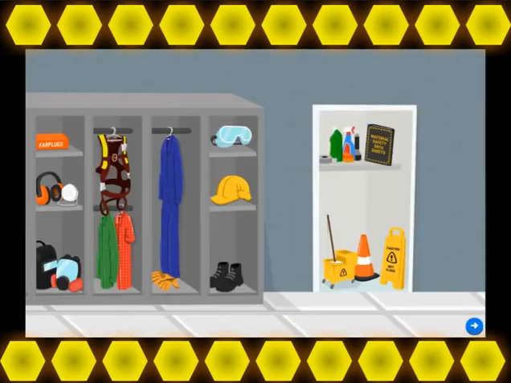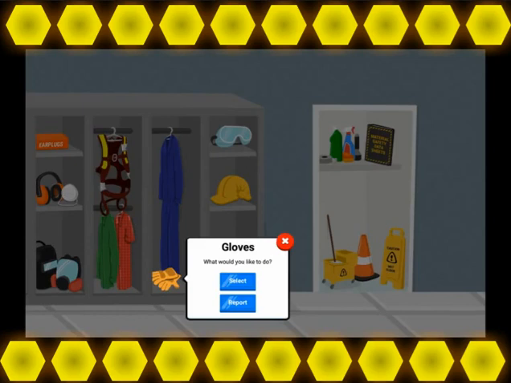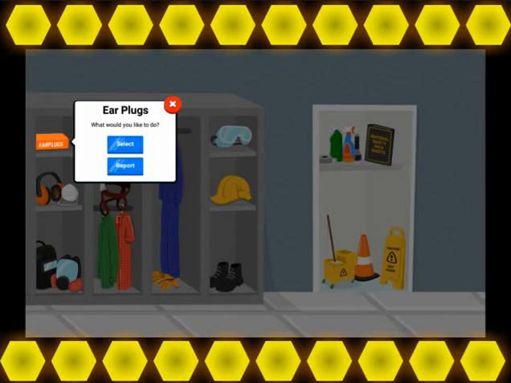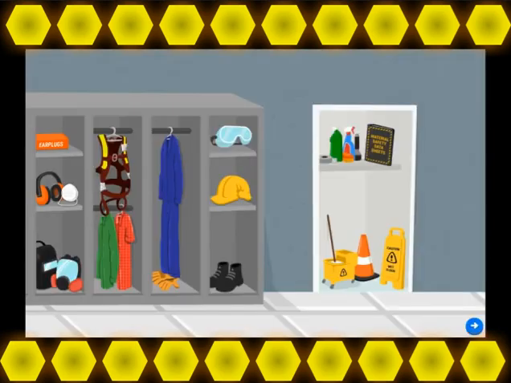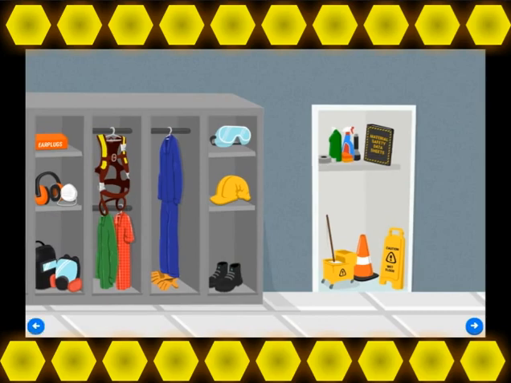Our goal here is to identify the risk factor of the individuals that you've hired. We hope that they would select and report the hard hat, and ideally we'd like to see the user also select the harness and the face shields, even though they're not required, and report them as well, since there's duct tape on the harness and the face shields have been stored inappropriately. Once they've selected their PPE, they can navigate the rest of the way through the level.